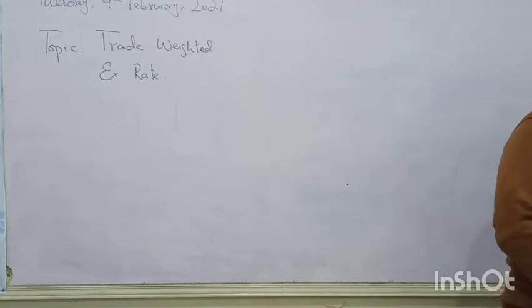Like we were talking about dollar and rupees. In your exams, rupees will be no more in your question paper. There can be two currencies, either pound sterling exchanged with euro or with dollars, or sometimes we have a question about Japanese yen exchanged with dollars. So these are the four or five currencies which are going to be asked in your exchange rate questions. Bilateral exchange rate means when two currencies are being exchanged with each other.